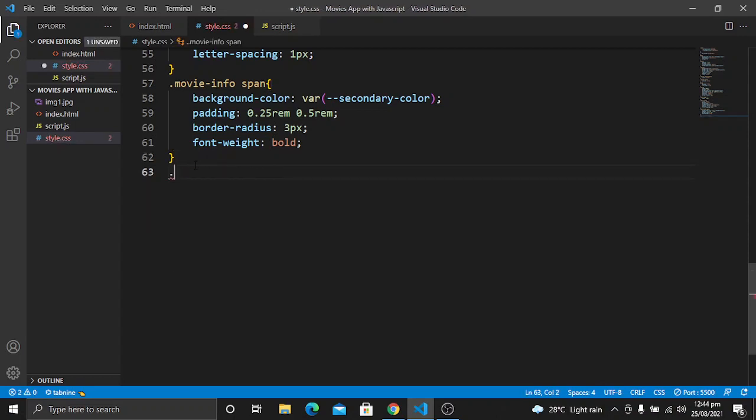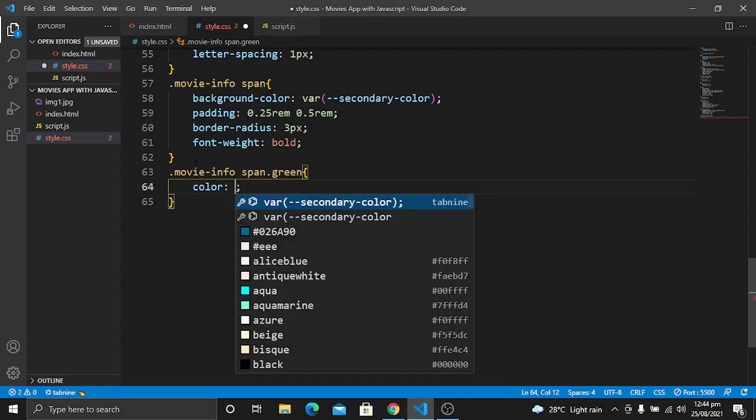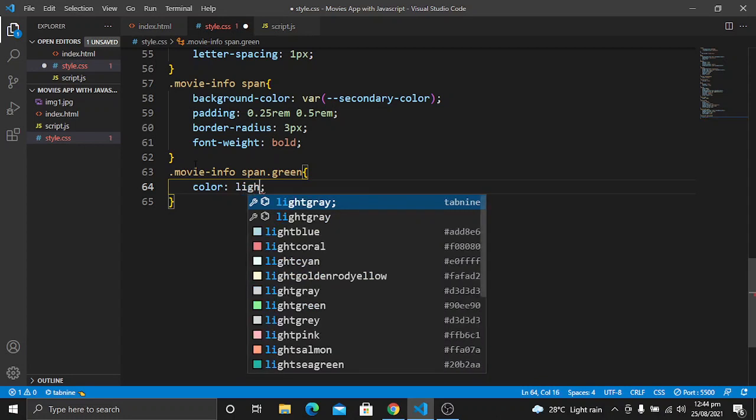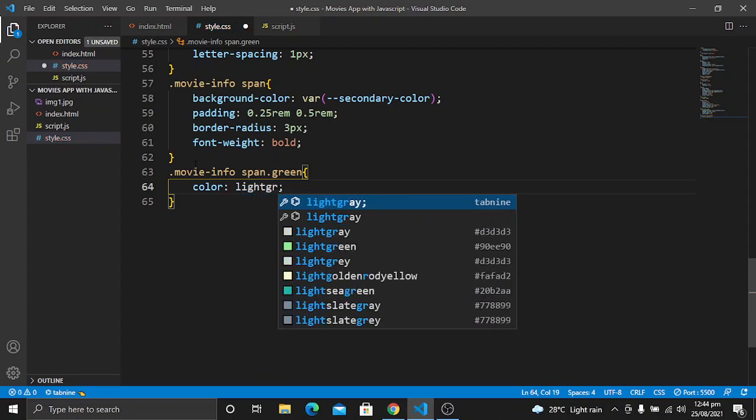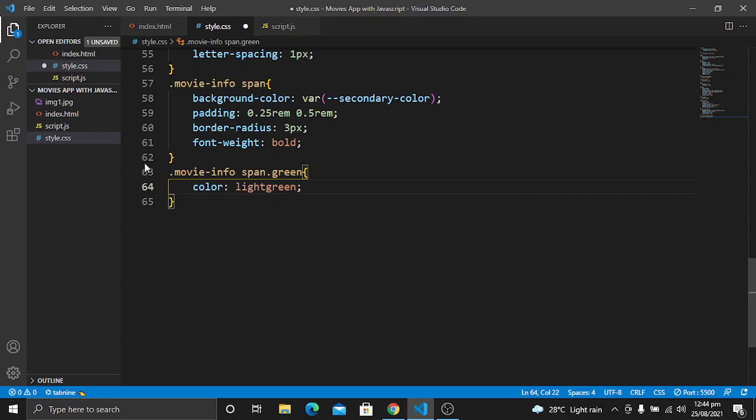Paste it here. And when it will have a class of green, we want to give it a color of green. I will use a light green color for it. And just copy it and paste it two more times.